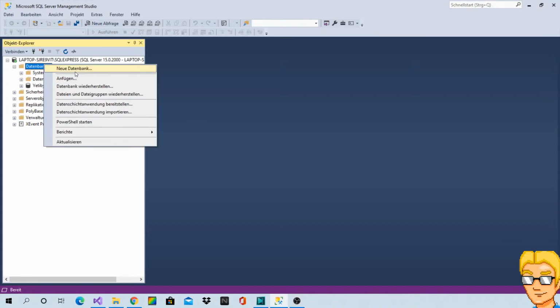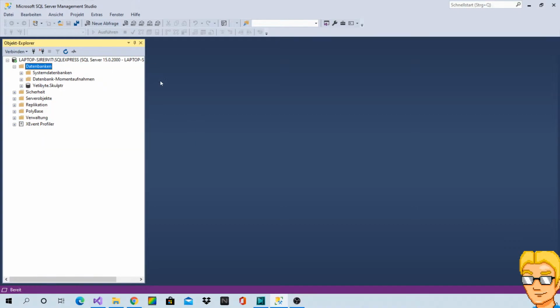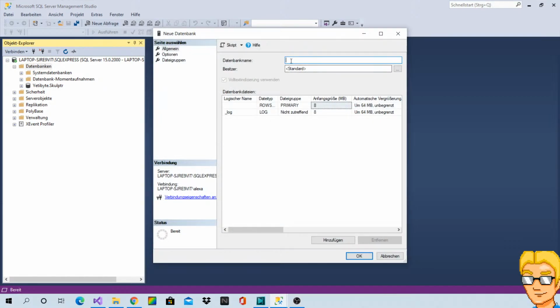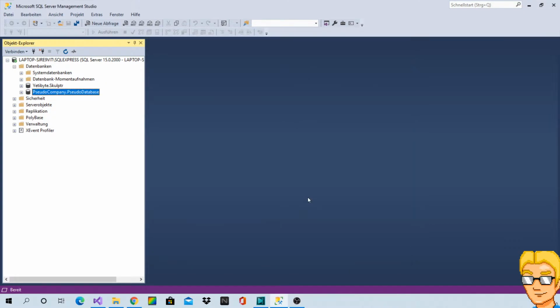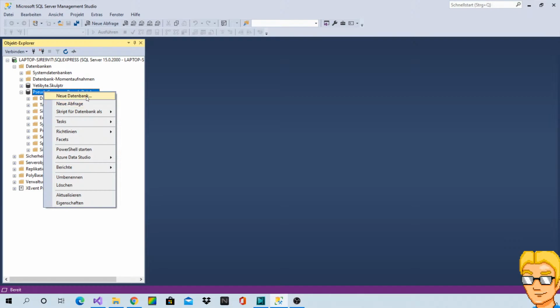It doesn't really matter. So create a new database. Let's call it sudo company, sudo database. That's fine. And literally just one single table.